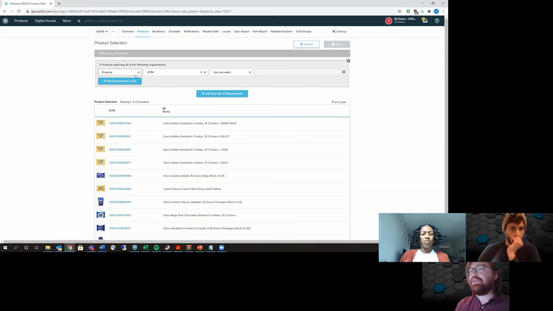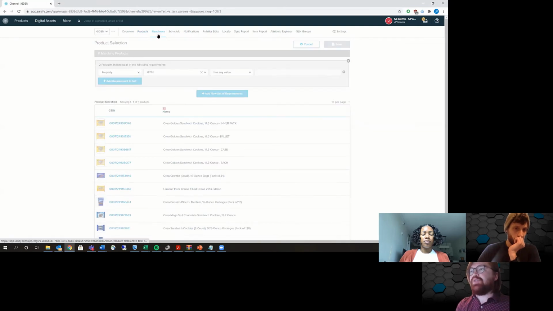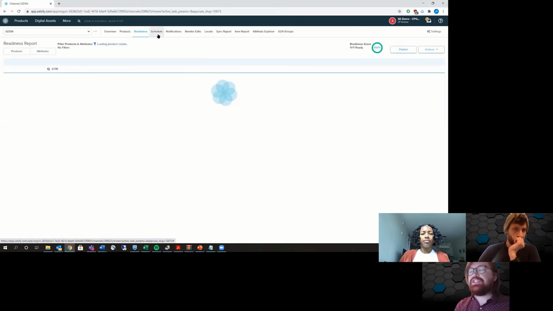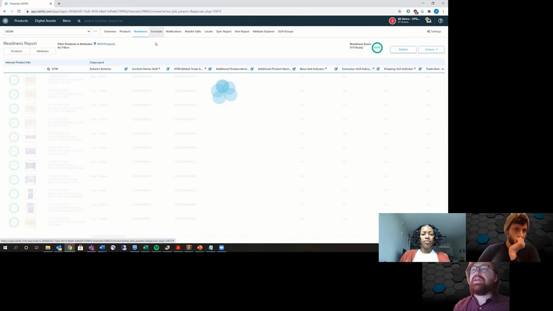There's also, you can create a list of what you'd want to publish to the GDSN channel. And there's just a couple ways you can do this. But again, this is pretty standard if you're familiar with the Salsify channels. And even if not, this is just a simple overview of how you select product for the GDSN channel. Now, on to the next tab, the readiness tab,